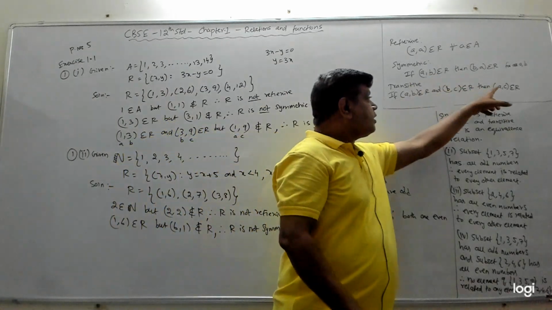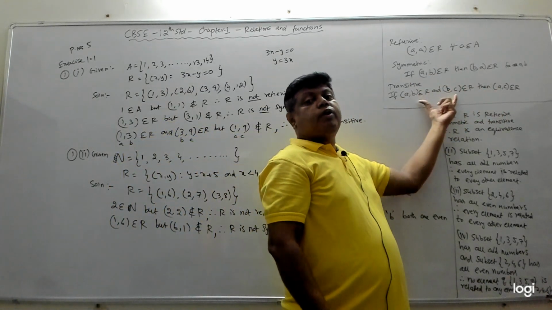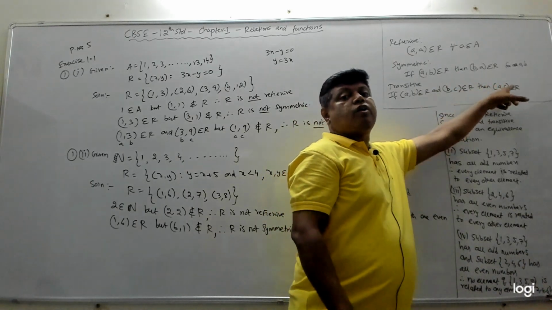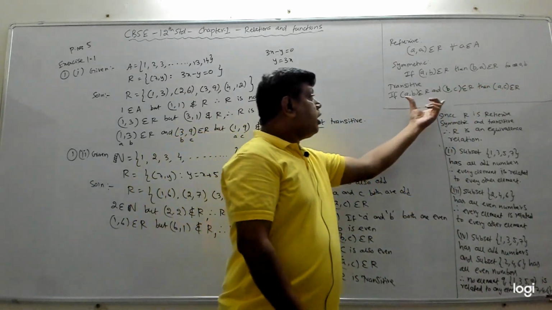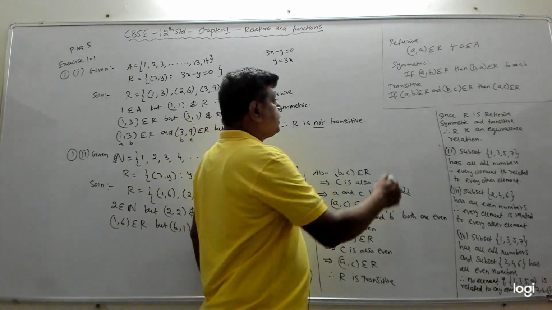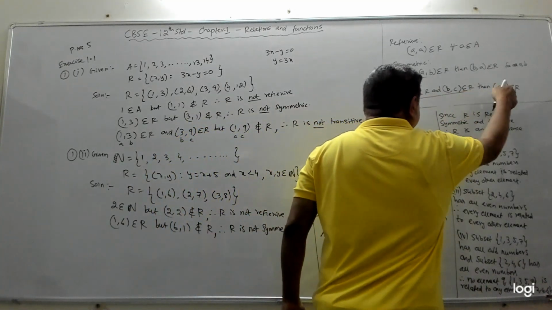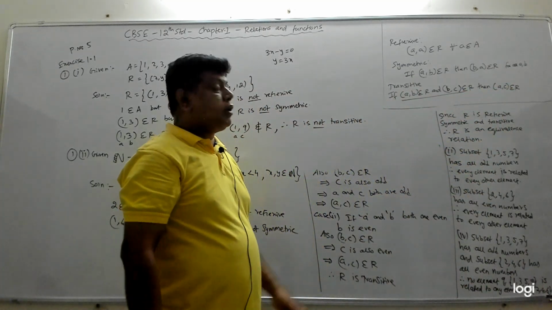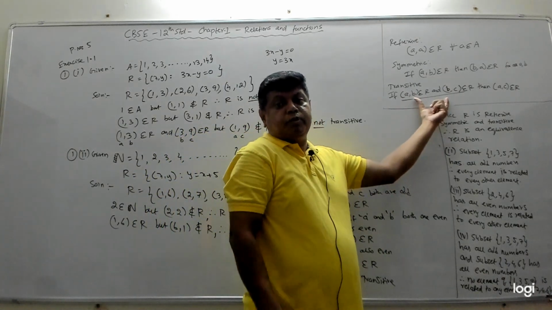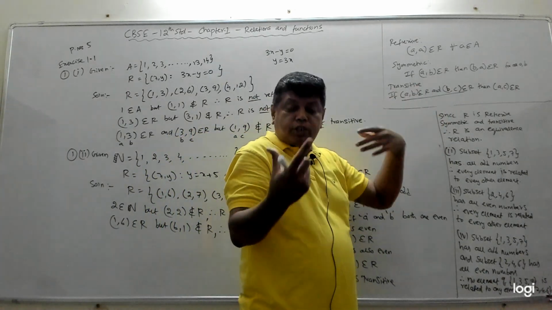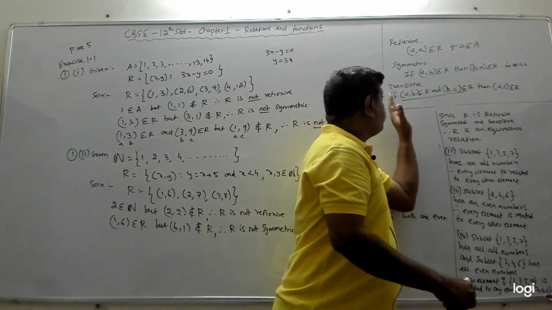To say that this condition fails, you should be able to first find 2 elements like this and then say that this is not there. If you are not able to find these 2 conditions, because that's why it says if this is true, then this has to be true. But here this itself is not true, which means we are not able to find 2 elements like that. Which means the complete statement, we call it as complete statement.